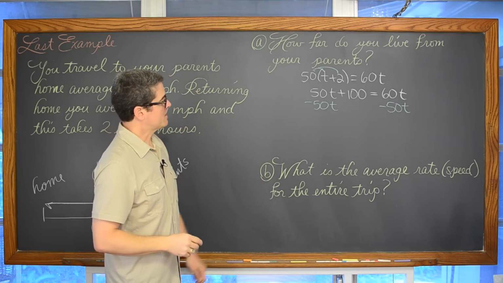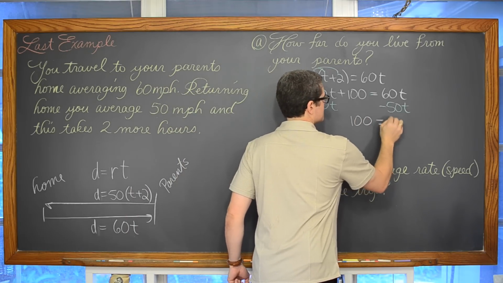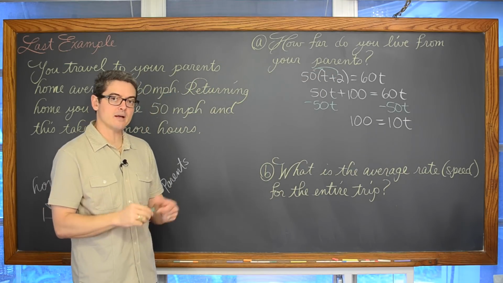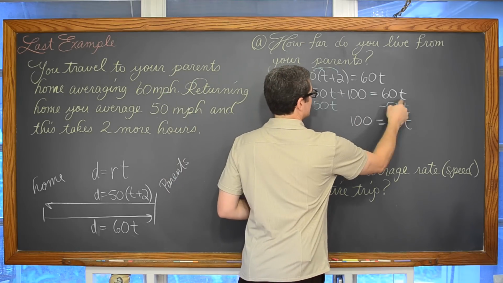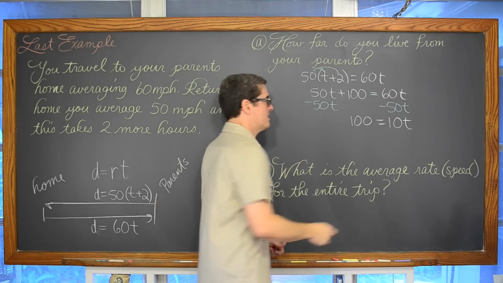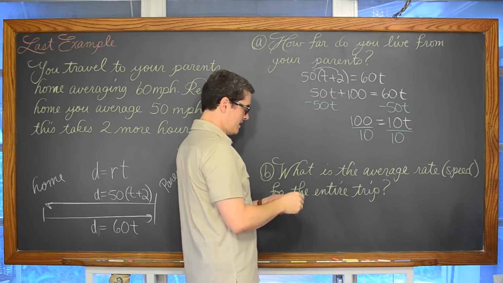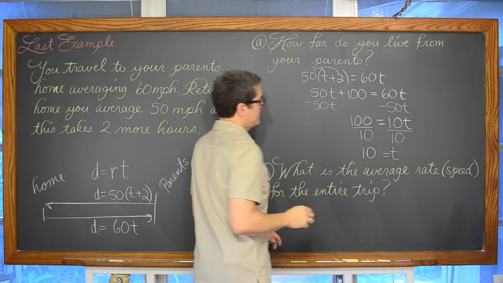So we divide both sides by 50, and we're going to get 100 equals 10t. Now with the almost isolated variable, now that we have it not on both sides of the equation but just one, we're going to undo that multiplication of 10 by the inverse math operation, which is division, and we get an answer which is that t is equal to 10.